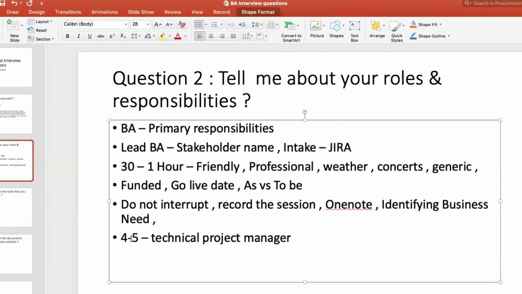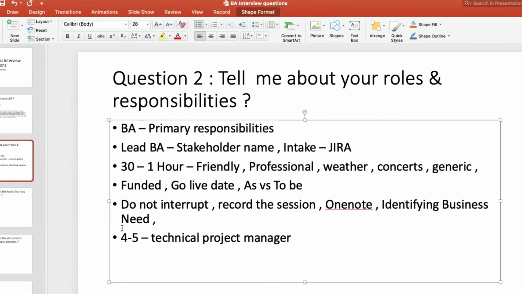So once they figure out you are not the only team that is required, and in the backend there are 4 to 5 different teams required, then what you do is you tell the business owner that I think the scope is not only our team, you have different teams. I cannot lead this project, I can lead only my team, right? Of course every team is going to have their own BAs. But in order to completely coordinate all the 4 to 5 different teams and the go-live activities, and if there are any defects or blockers, to address and escalate, we need a technical project manager. That you have to tell them. This is what I will tell.